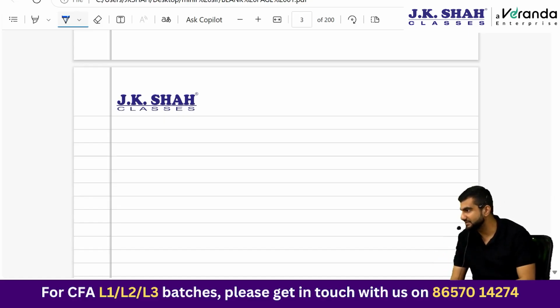This was the difference. Also, there is a difference in IFRS and US GAAP with respect to the tax treatment. Under US GAAP, all the taxes paid will form a part of operating cash flows. But under IFRS, taxes pertaining to operating activities will go in operating cash flow. Taxes pertaining to investing activities will go in investing cash flow. Taxes pertaining to financing activities will go in financing cash flow. Okay, this is what you need to know.